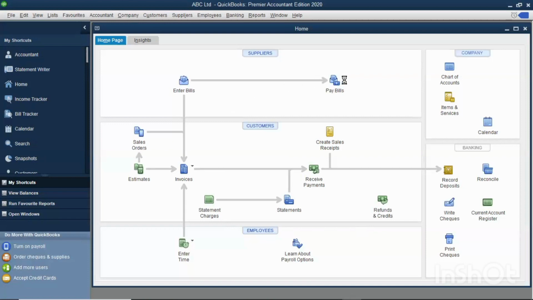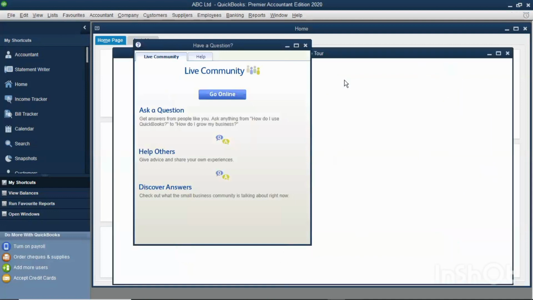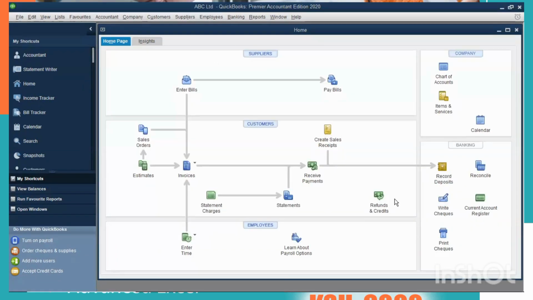You may get many pop-up windows. Just close all of them. And where you have an option, don't show this again, you can just check on that option. Then you close that particular window. So for instance, this one, question live community, just close it. Please note, if you go online. Now,